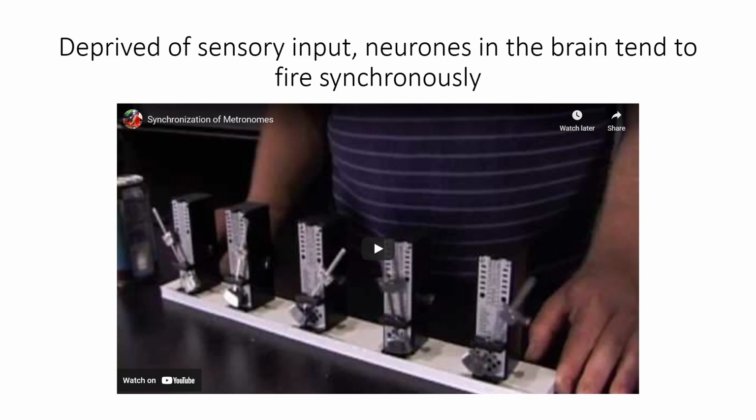So let's see if we can demonstrate this a bit more interestingly using these metronomes. If we watch these metronomes, you'll see something very interesting. First of all, the guy is going to run the metronomes all independently. They're all connected to this wooden plank here, and they're all running independently. They're not coupled to each other in any way. But then the guy puts the plank on top of a couple of Coke cans, and then information is able to travel from one metronome to its neighbour. And then you'll note that they all become synchronised. So let's see if this works.